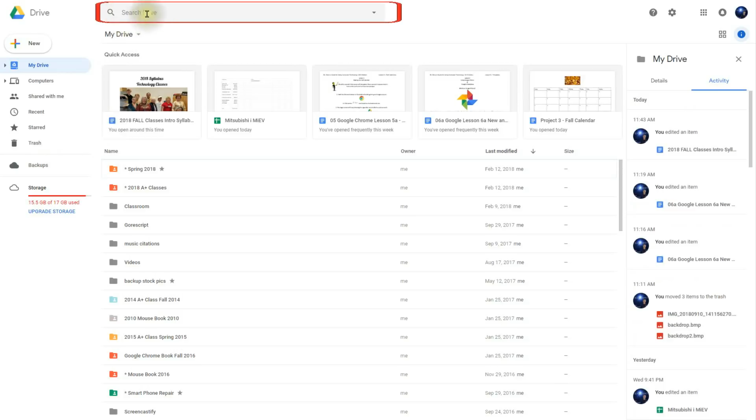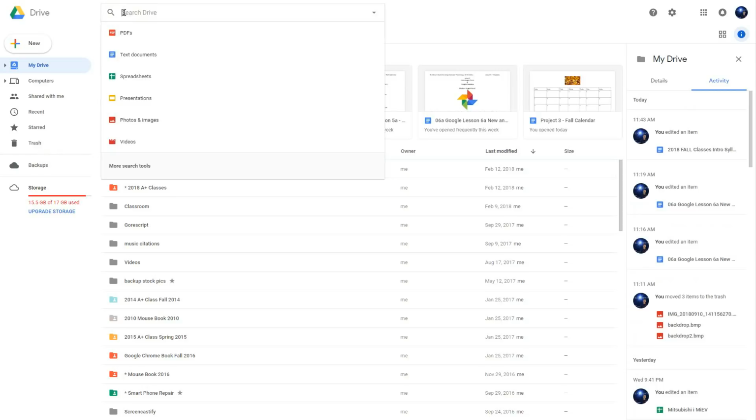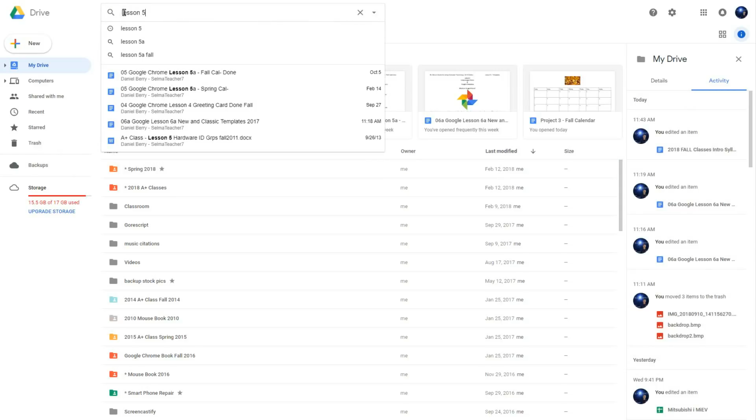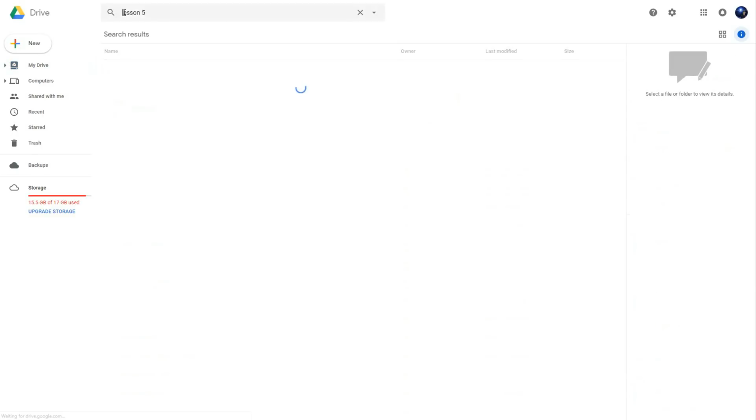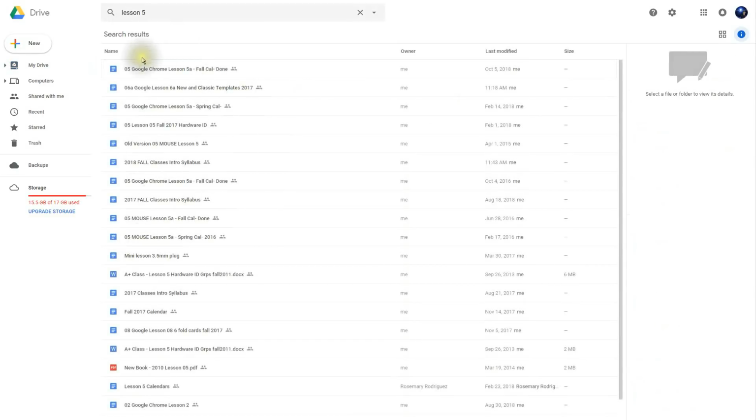Now, the next feature I want to go over is right here where it says Search the Drive. So if I click into Search Drive and type in something like Lesson 5, and then I hit that Enter key once, notice that it brings up all of the documents that have the word Lesson 5 in them. Now, just to let you know, it will look through your Microsoft Word documents as well, as you see here, and PDF documents, and it'll even go through your photographs. So if you have a photo with the words Lesson 5 or 5 in them, then it will bring it up in this list. To open them, all I have to do is double click on one of these and it will open them up.